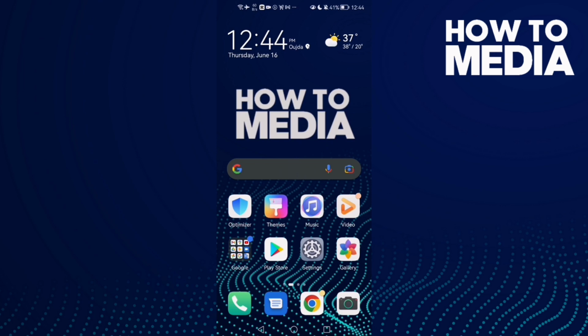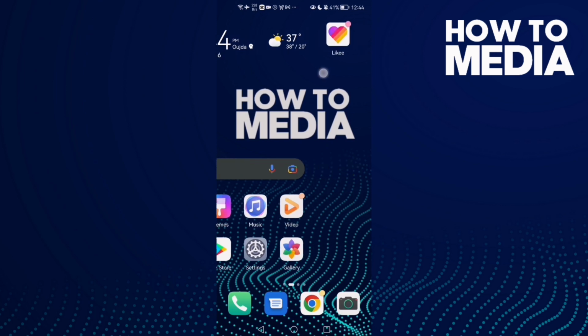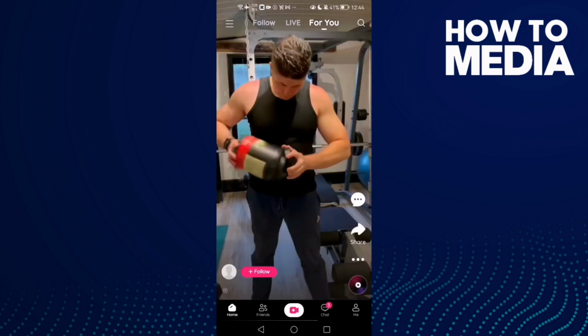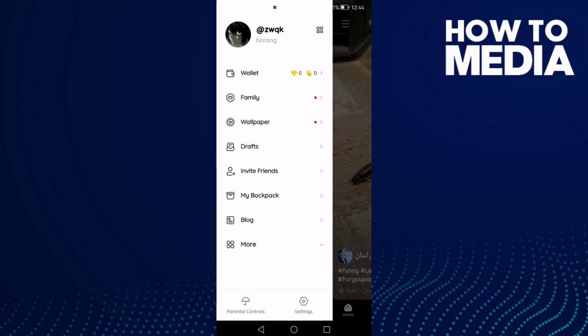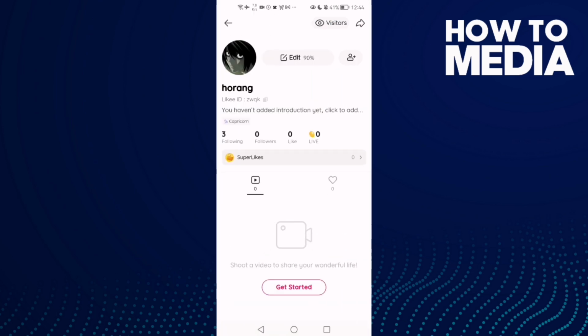Hello guys, in today's video I'm gonna show you how to add your position on Likee app. First thing, go to Likee app and now click these three lines in top corner, and here you will find your profile. Click on it and click edit,